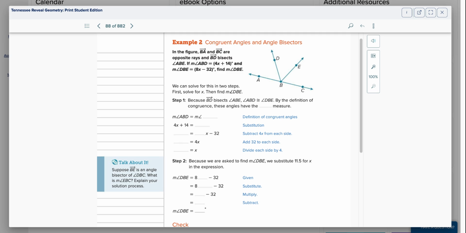All right, so we are in example number 2. I am on page 68 of your workbook, your consumable, as we teachers call it. All right, so we got figure BA and BC are opposite rays. All right, so what that means to you guys is that it makes basically a straight line. BA going to the left, BC going to the right. This whole thing right here is 180 degrees. All right, then it says BD bisects. Well, bisect means,